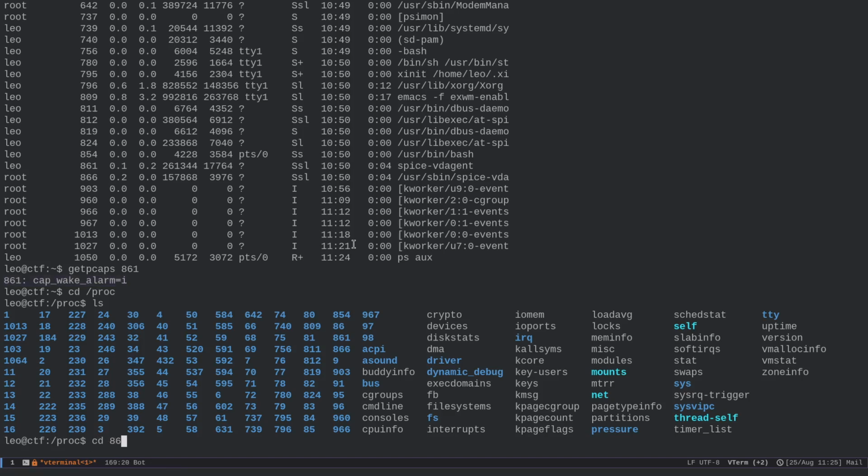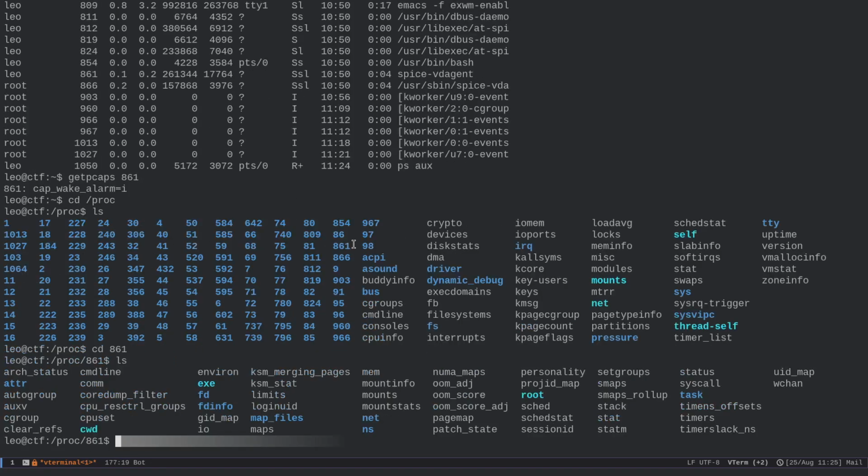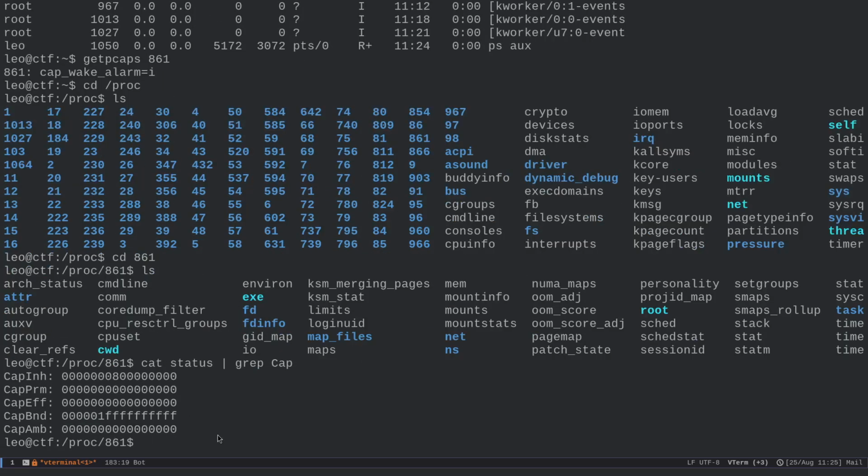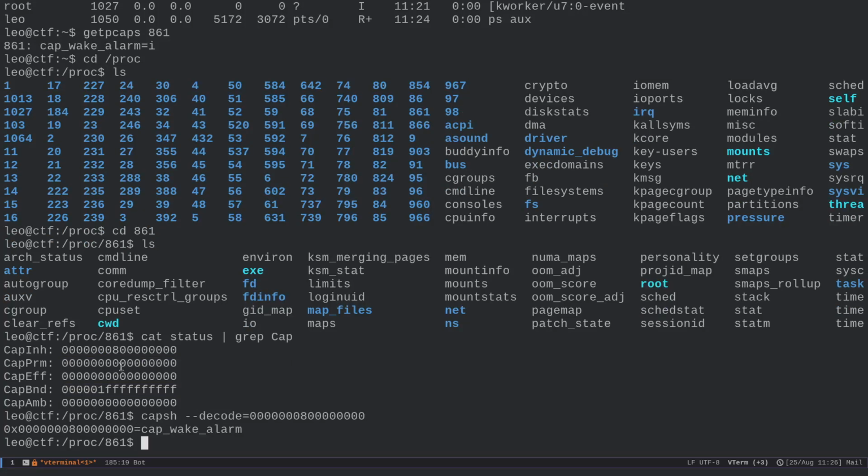We go into 861, which holds all the information for this particular process, the spice-vdagent, and then we say cat status, and we grep for cap. These essentially are the capabilities we have: inherited, bound, ambient, effective, and this kind of thing. To decode this hexadecimal value, which is like a bit mask,